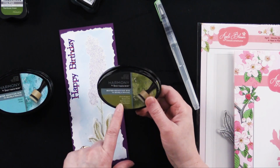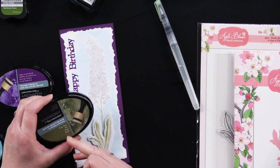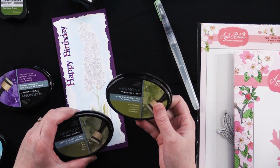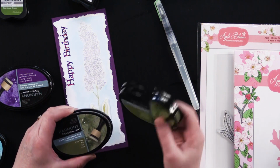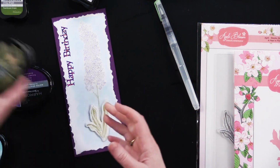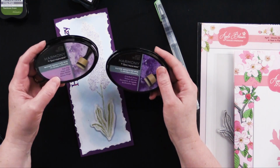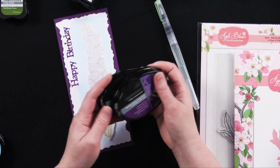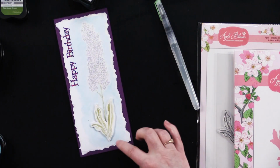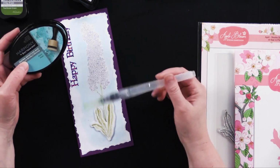And for this, she used grasshopper, and for the dark green on her stems and leaves, pine tree, and these are water-based Harmony Spectrum Noir ink pads. So they're water-based, they're going to color and blend beautifully. We've got grasshopper and pine tree for the stems and leaves. And then she used a mixture of crushed violet and pale fig for the actual blossom here. And then around the edges here, she used Oasis, which is this really beautiful blue, the whole time using her